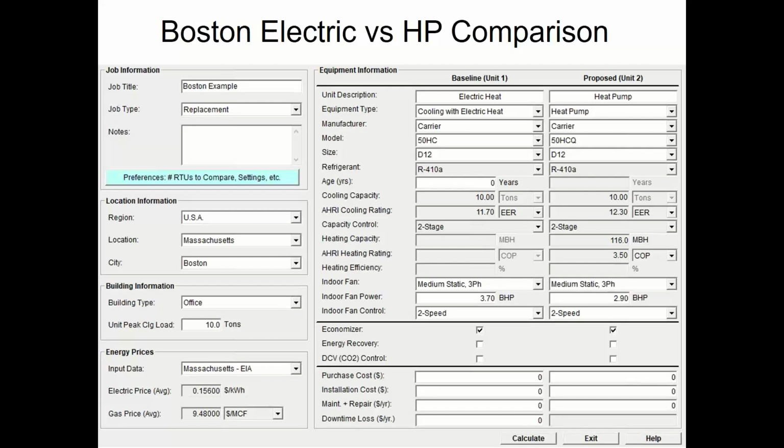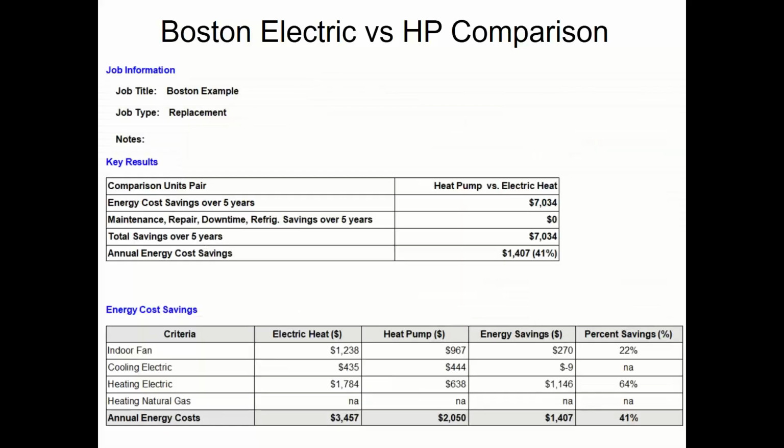But what if I'm at a building that doesn't have gas heat, right? They don't have it. It's not even an option, right? It's an all electric building and they're running electric heaters to heat the building. I don't care if it's electric baseboard, electric duct heaters, whatever it is. So the exact same example with the exact same tonnage equipment, et cetera. In this case, I'm going to go from electric heat to a heat pump. And in this case, now I have a pretty substantial savings, right? Because now I'm getting a lot of savings off the heat side, right? And the reason this is going to be the case,